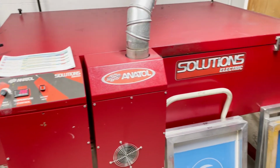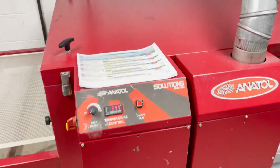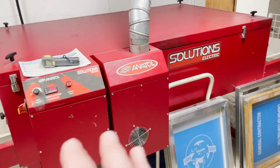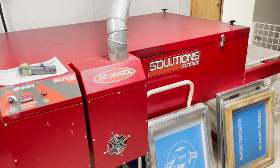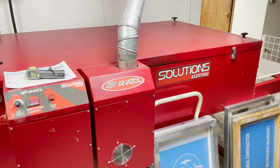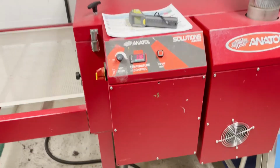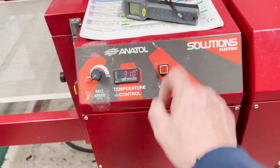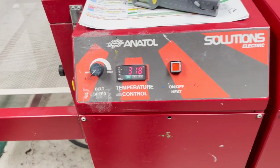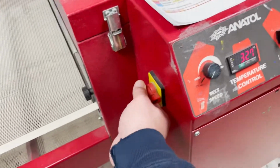But that's something you'll want to constantly check every once in a while just to make sure, because the worst thing that can happen is you start running shirts through here for weeks or months and find out that heating elements have been out and everyone's coming back saying that their shirts are washing out. So the cool down on this is just real simple. We cool that down. I like to get this down to under 600 degrees or less before we crank that off